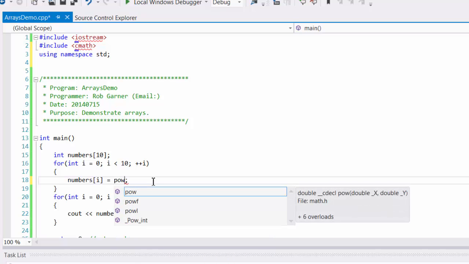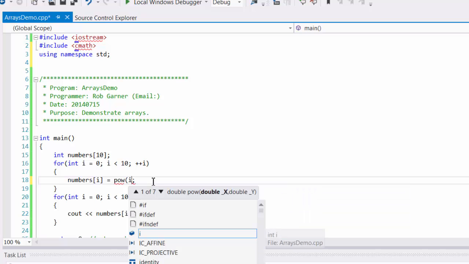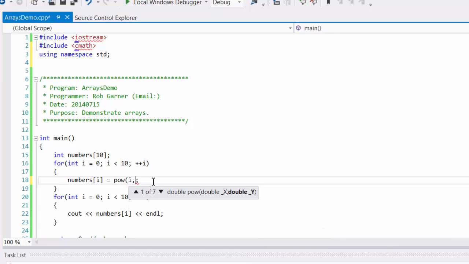pow, which is the power function from CMath. The first argument is the integer I, and then we'll raise it to the third power, so we put in 3, and the element in numbers at I will become the cube of its index. And if we run that,